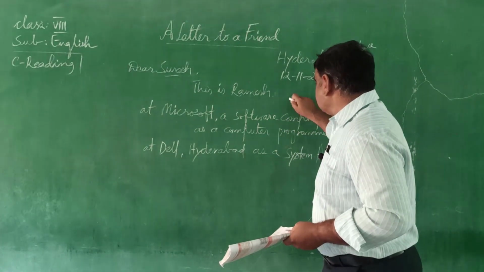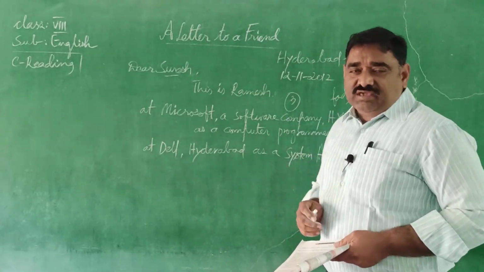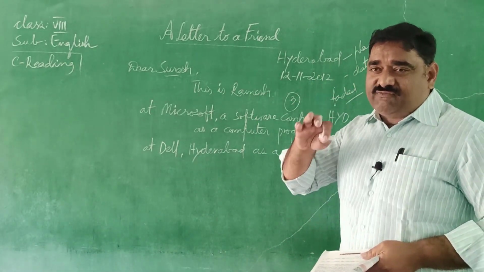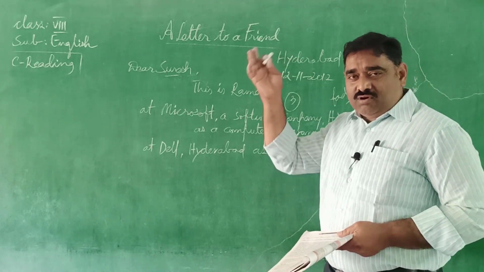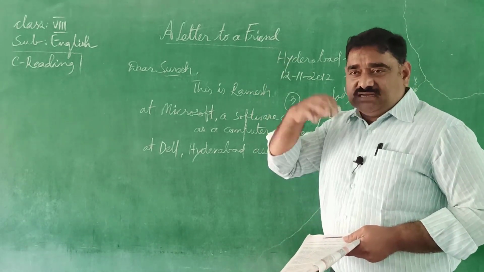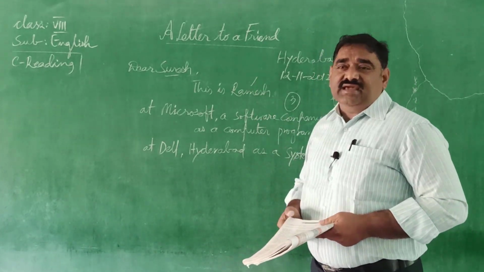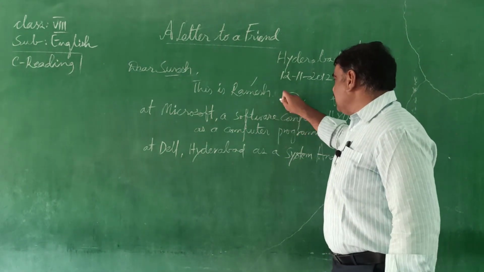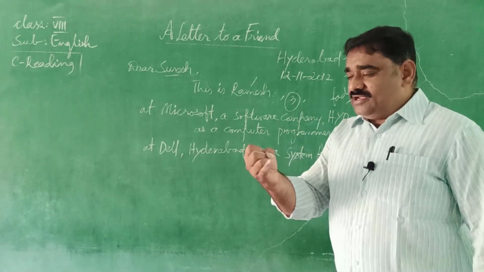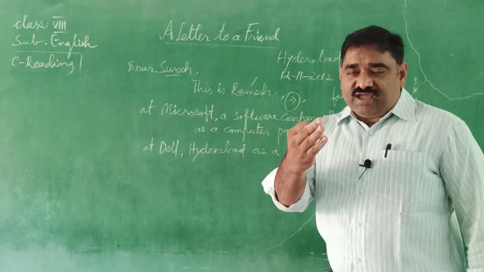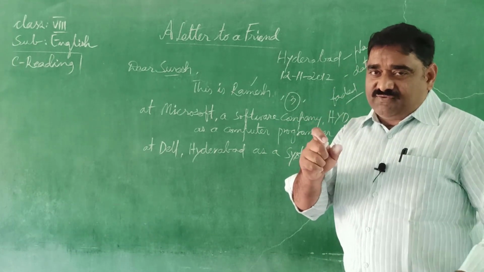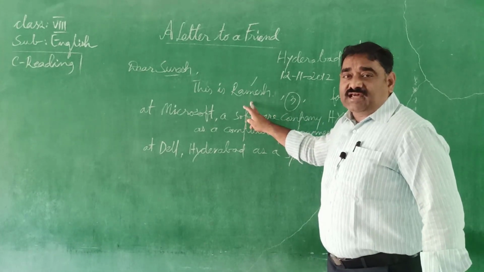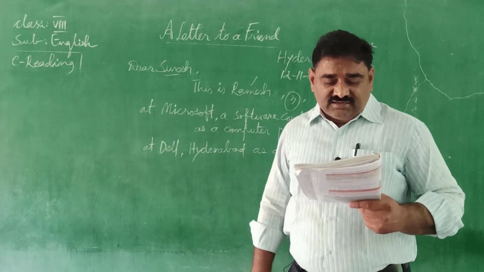So 3 people, they are 3. In the first paragraph, we came to know that Ramesh's family contained 12 members, a joint family, a big family. When he was a child, a student, in his childhood days, this was a joint family of 12 members. But now his family consists of 3 members only: Ramesh, his wife, and their child. So 3 family members, a small family, a nuclear family. Though they are 3, they hardly find time to sit together.